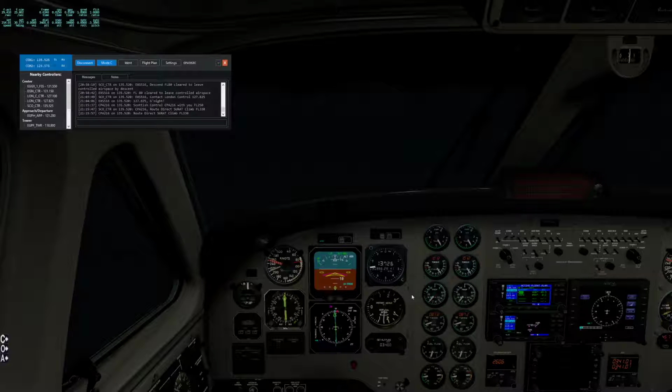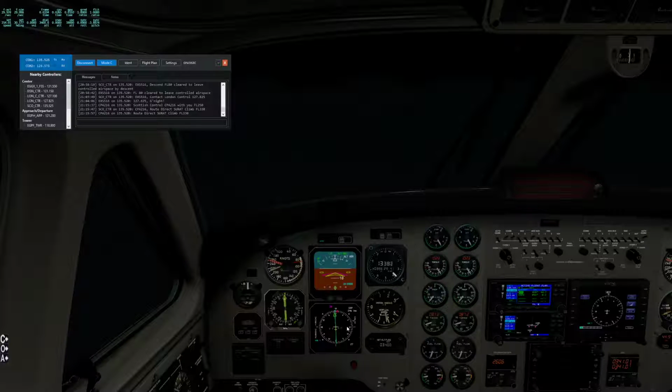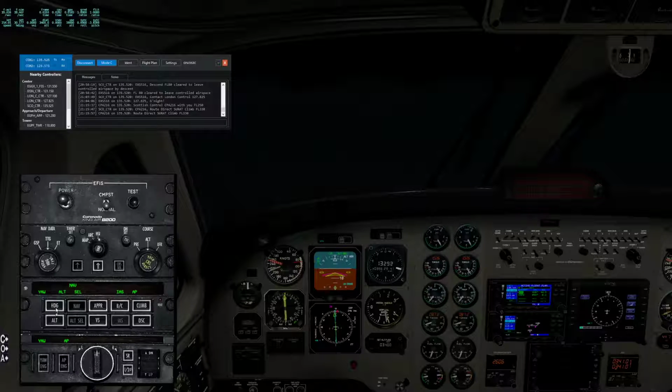But I have the problem now that I've said that we can route to the fix at the start of the arc, which is 9 nautical miles out on the 52 radial to Wick, and I'm now remembering that you can do that in the default FMC in X-Plane, so the one that's fitted to things like the Q400, but you can't do it in the X-Plane Garmin 430, or I don't think the 530 either. You can in the real world ones, but you can't do custom waypoints. So what I should have done is then gone back to the controller and said sorry, unable. But what I'm trying to do now is basically route to the fix by tuning in the VOR on the